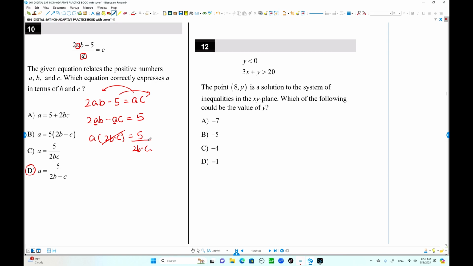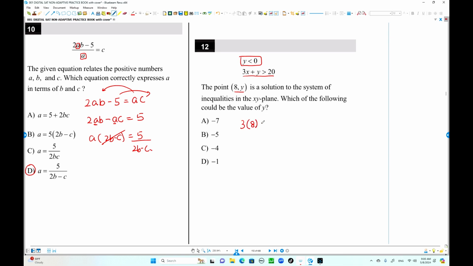Here is number 12. You have a system of equations, okay? Y is less than 0. Oh, that already we got this one. Now, 8 and y is the solution, okay? So put this number in here. We're going to find something, okay? So when x is 3,